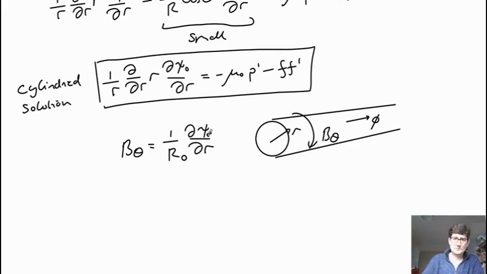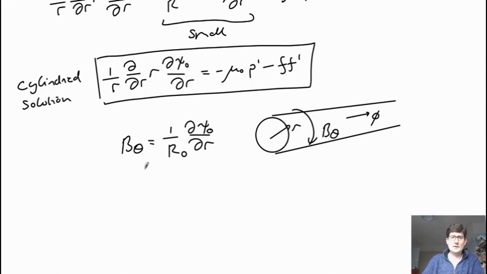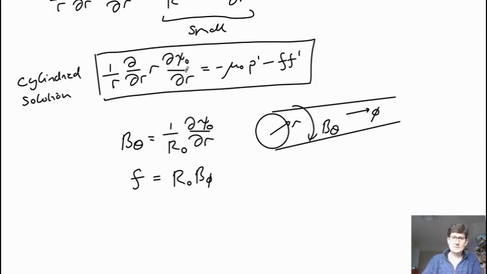And here we're just dealing with psi naught. And in the same way, we can just write that the flux function f is just the large aspect ratio major radius times the field down the axis. And so we substitute these into this equation here, and so immediately you can see that this term here would